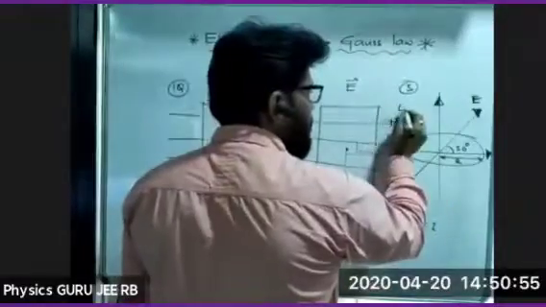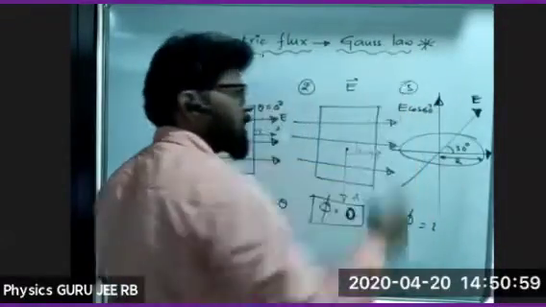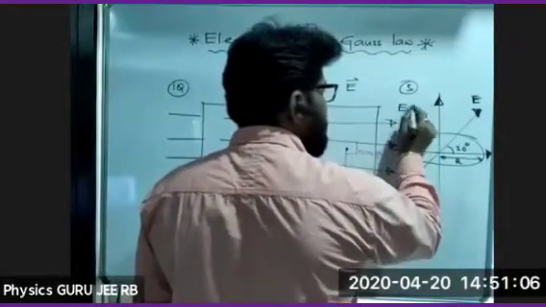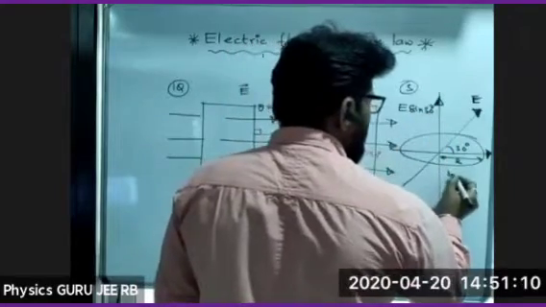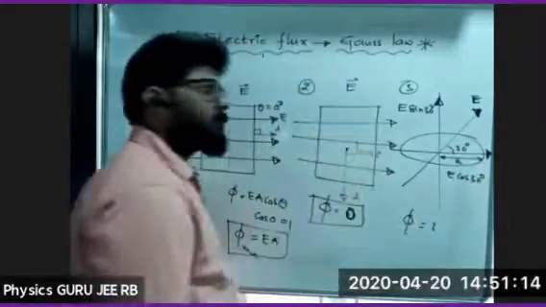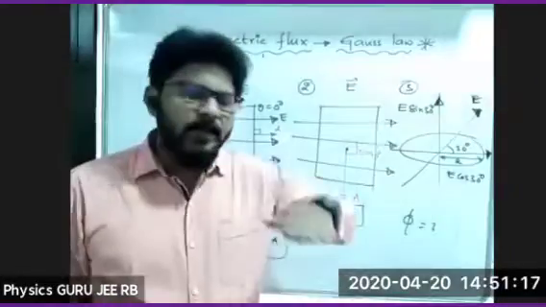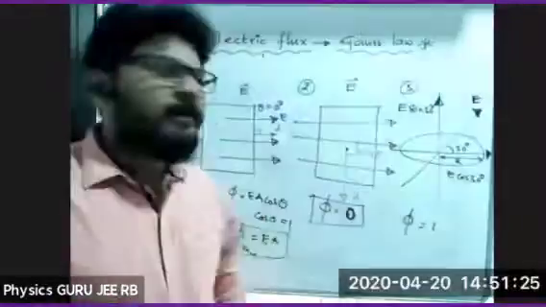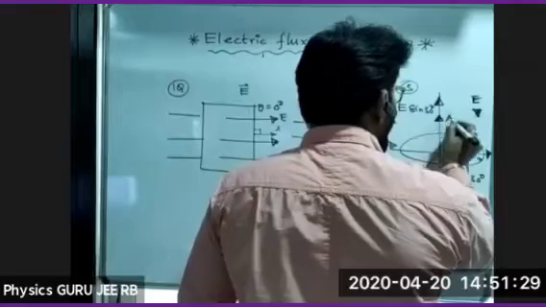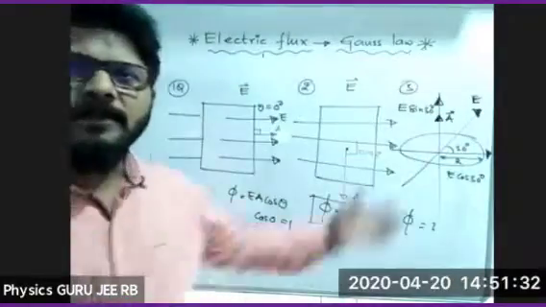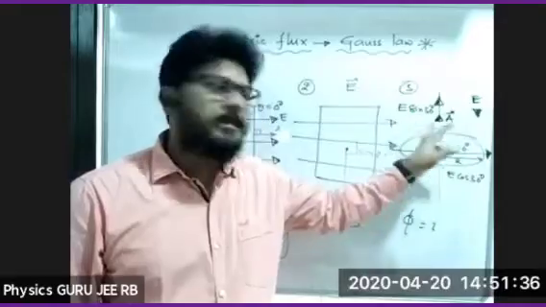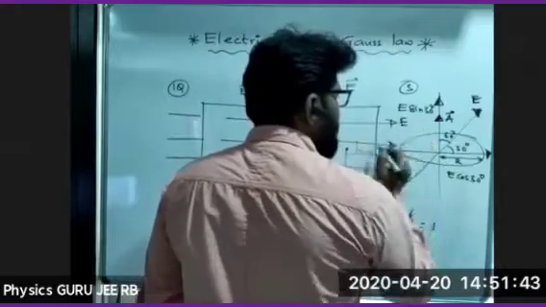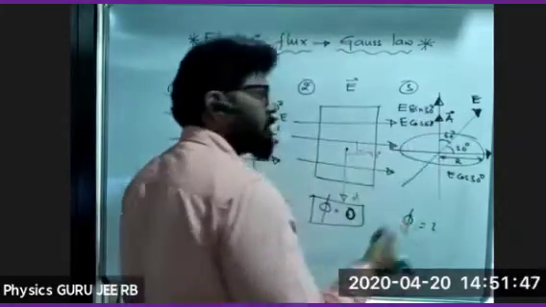So this we can write as E cos 60 degrees in this direction, right? Otherwise, we'll write it like this: E sin 30 degrees, and here E cos 30 degrees. For example, this is the plane. The normal is along the direction of the area vector, so whatever component is along this area vector, we have to take that component. This can be E cos 30 and E sin 30, or since this angle is 60 degrees, it can be written as E cos 60 degrees.